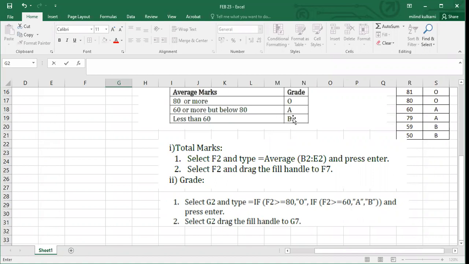Grade is A. Can you view the screen? Can I zoom?